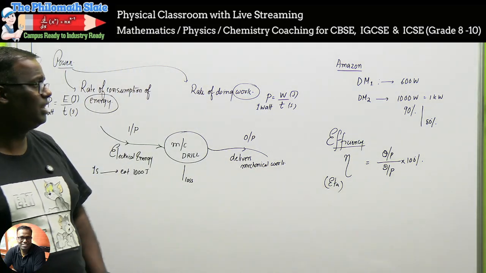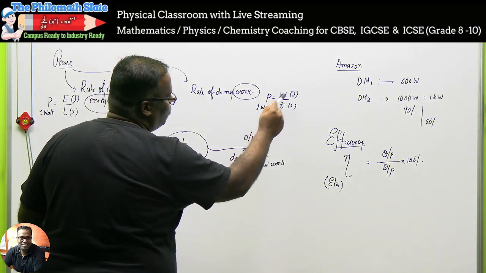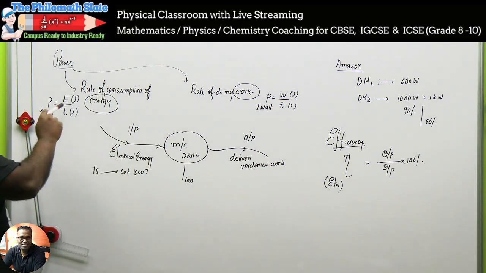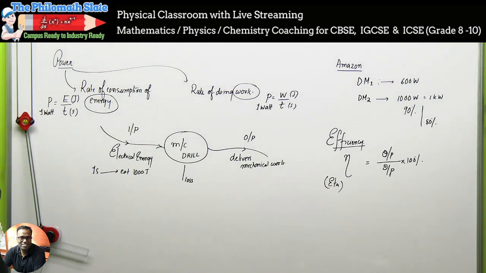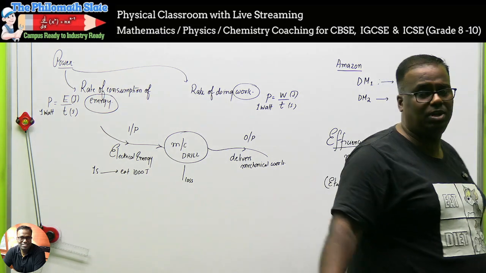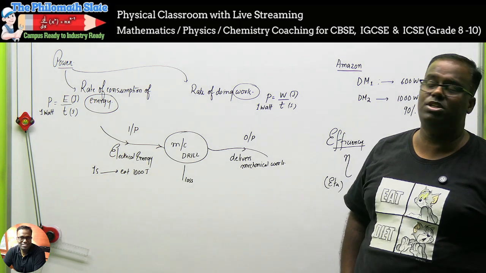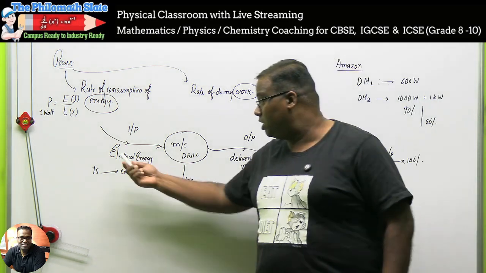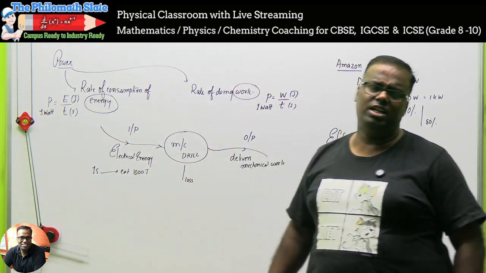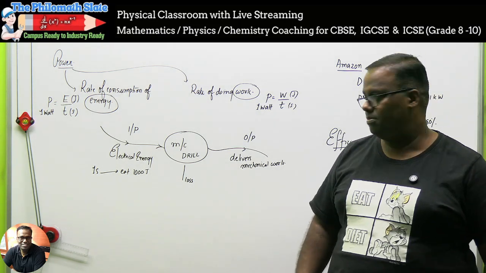Clear हुआ है? So if somebody says define 1 watt of power: 1 watt of power when 1 joule of work is delivered by a body in 1 second, or when 1 joule energy is consumed in 1 second. All the devices that we get, for example, I have a television, a 42-inch television, and it says the power consumption of the television is 110 watts. It means it will be consuming electric energy at the rate of 110 watts. Every 1 second, 110 joules taken away. Are we fine with this?